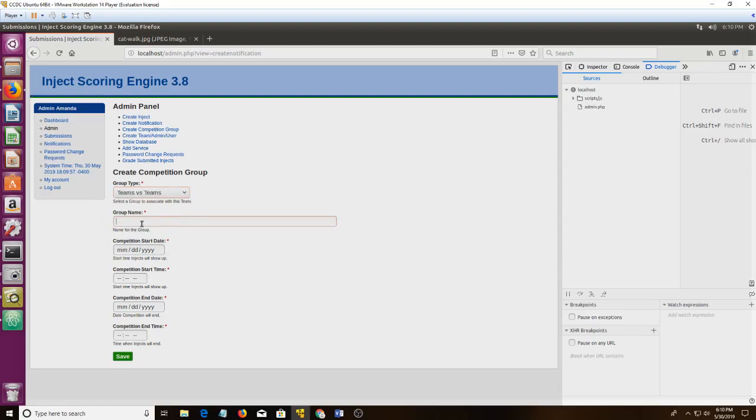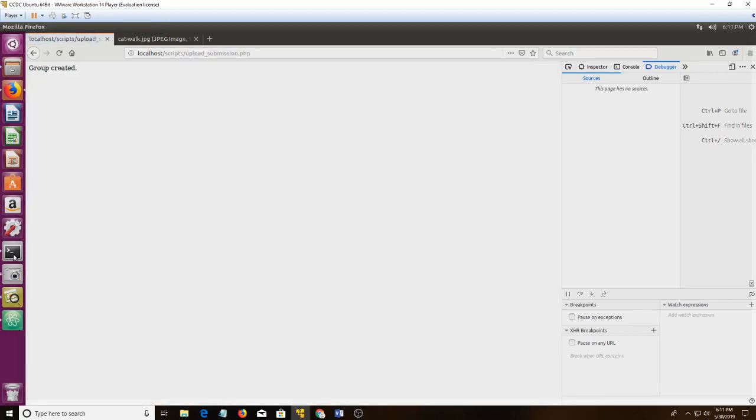So we'll do a teams versus teams group. We'll do, I don't know, Mid-Atlantic Regionals. And we're going to say they're going to do it on the 31st, and it's going to start at 9 a.m. and end on the 31st at 10 p.m. We're going to save that, and behind